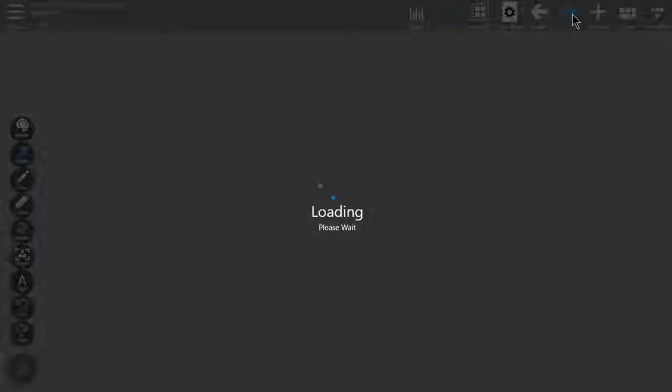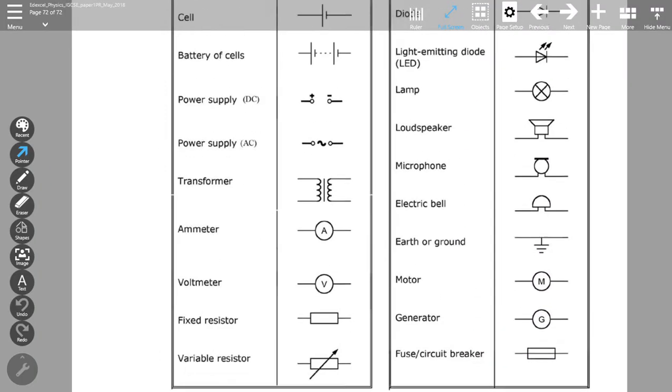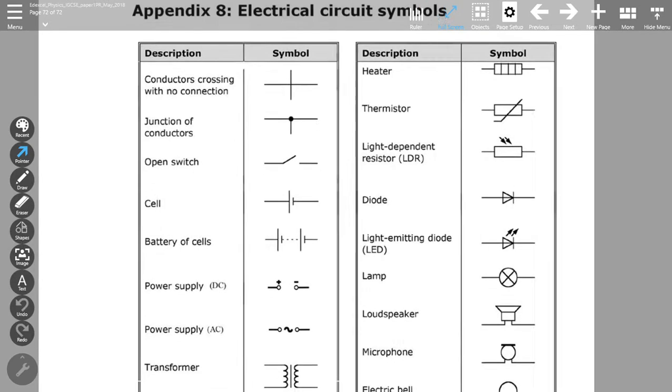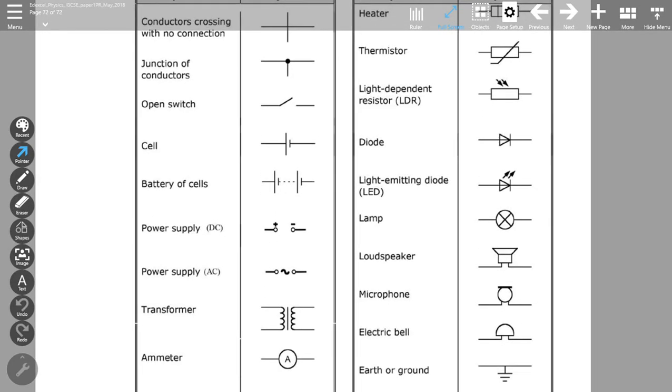And also, you should learn these symbols. So in this paper, they asked about the symbol,